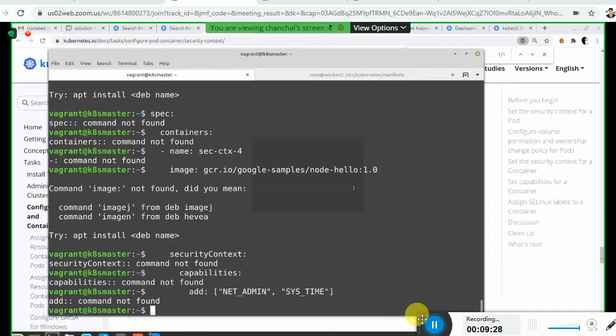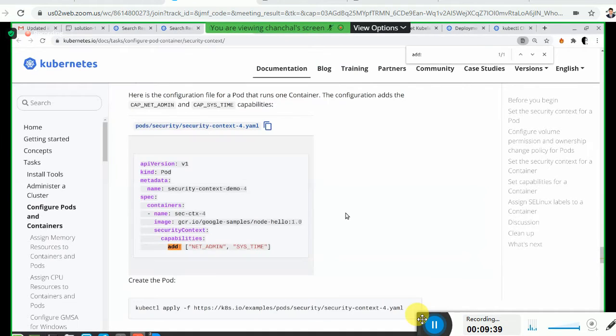In most cases, I assume they are not provided how to write it from scratch. In most cases, only the addition that you are expected to make is not provided. For example, security context capabilities add. This is critical. This will not be there in your code.